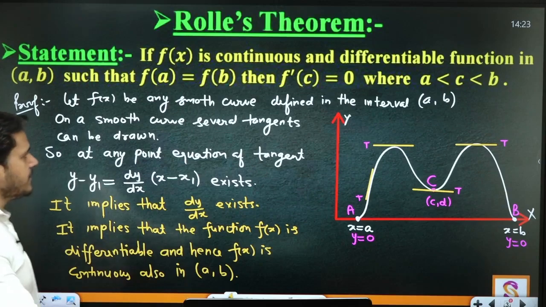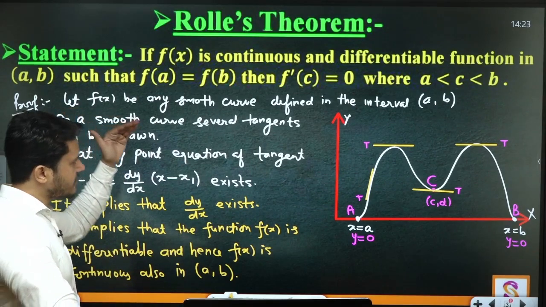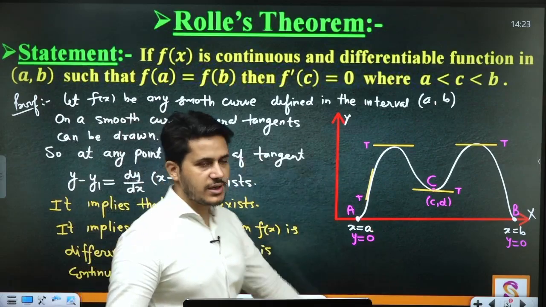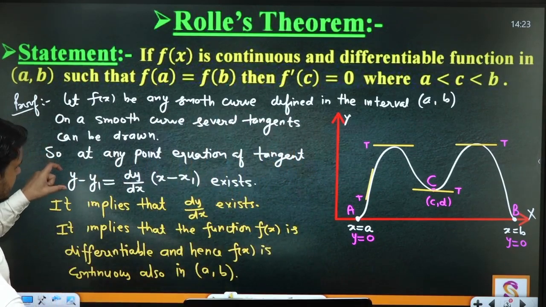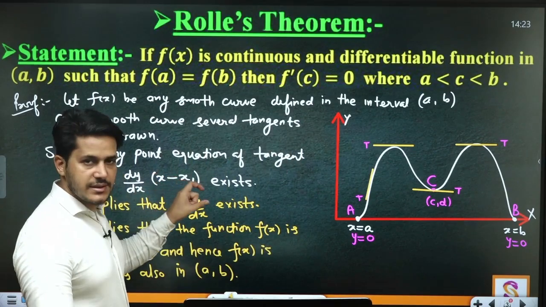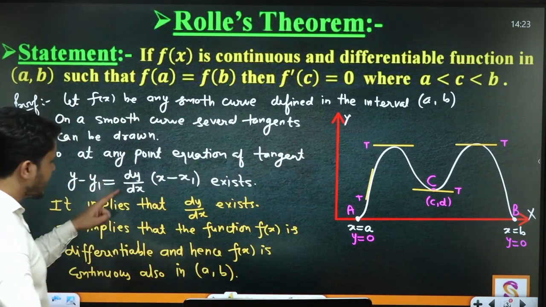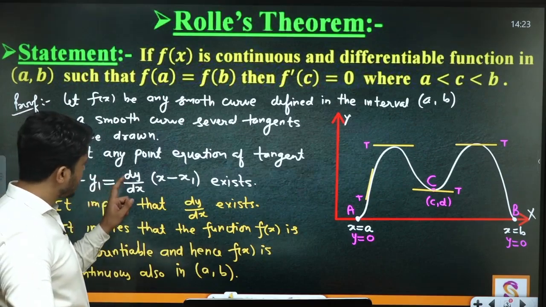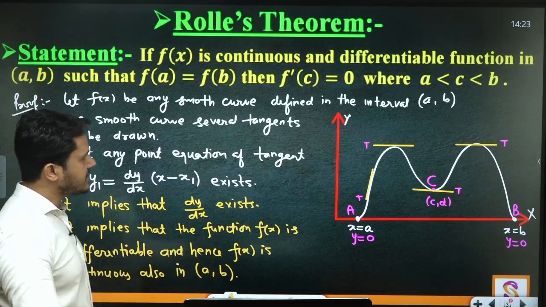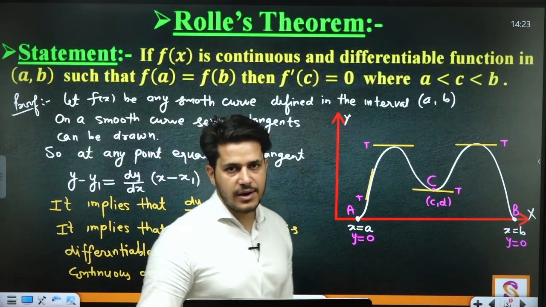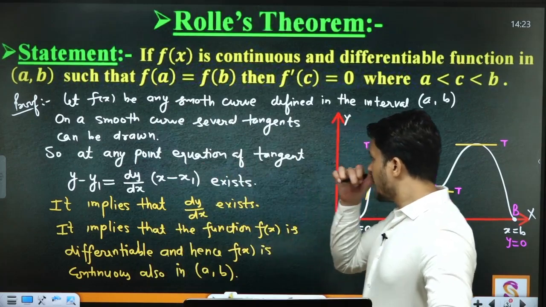Actually this is given, but you have to show from scratch that if there is any function which is smooth between any two intervals, then in this way there exists a tangent at any point of this smooth curve. If this tangent exists, it implies that dy by dx exists, which means the function is differentiable and hence it will be continuous also. Now it is continuous and differentiable. Now the second thing is that